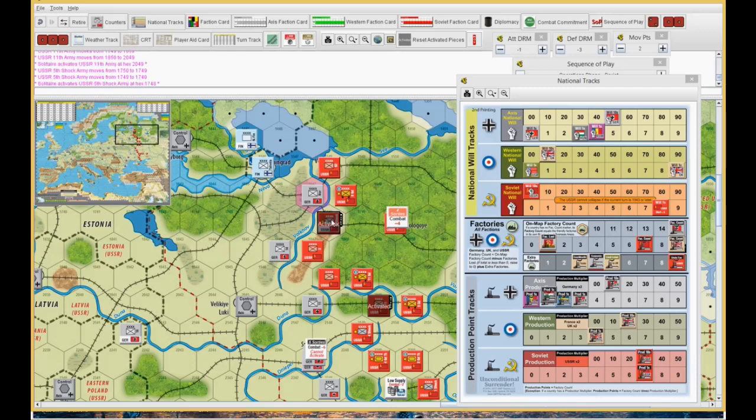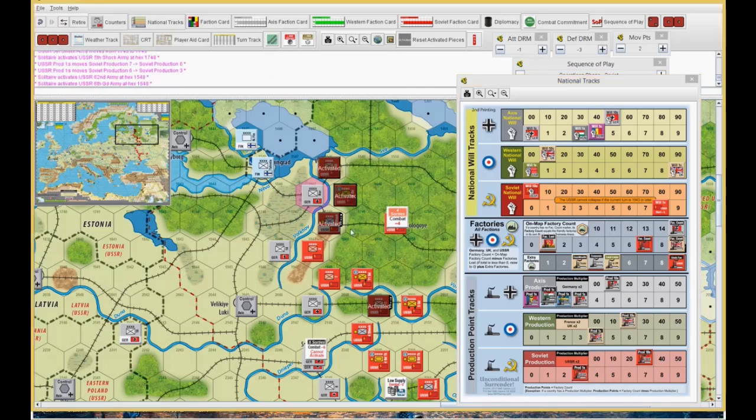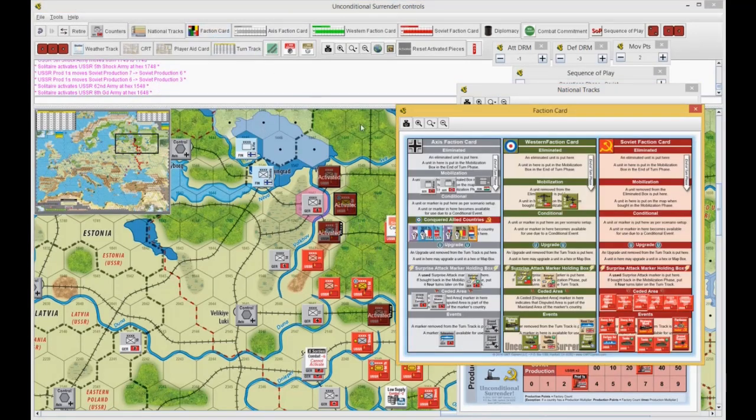And he should be activated. So that's another one. And then I'm going to spend 3 more to activate this infantry, this armor. And then we're going to assault the Nor. We're going to go ahead and resolve it right away. I'm going to play a bunch of stuff with the Russians. I'm going to throw in...